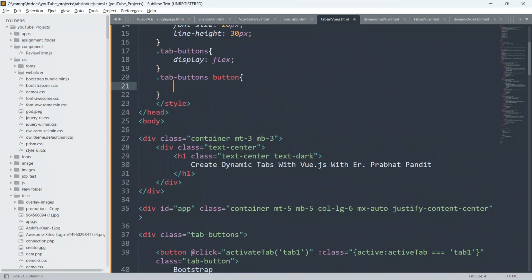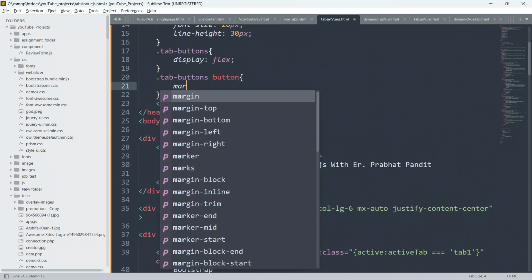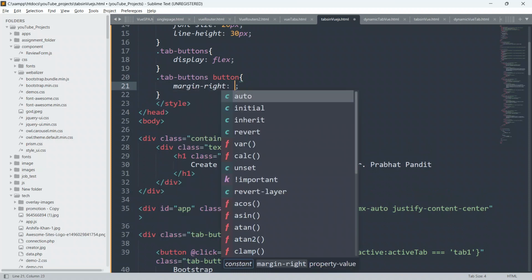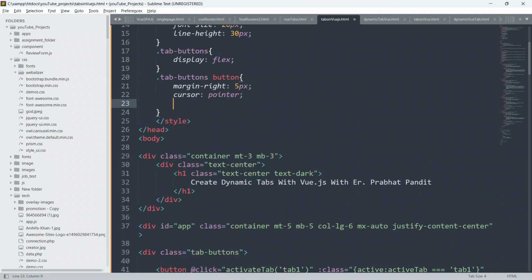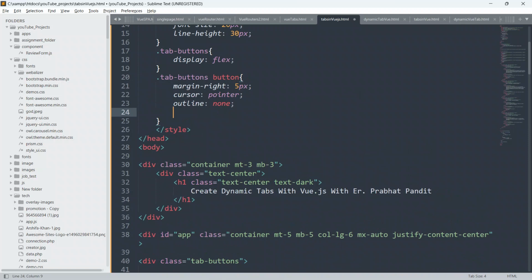I will give margin right 5px, just for the gap between the buttons. I will say cursor as a pointer, and I will give outline as none.